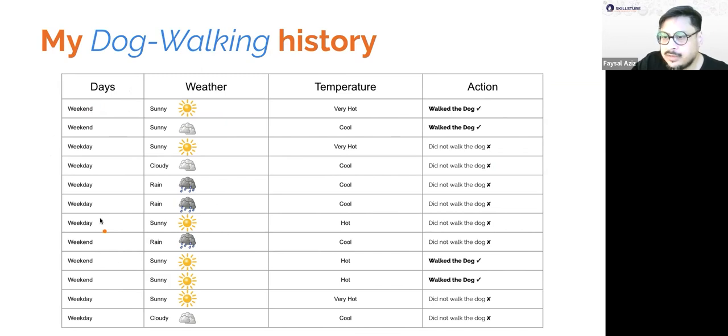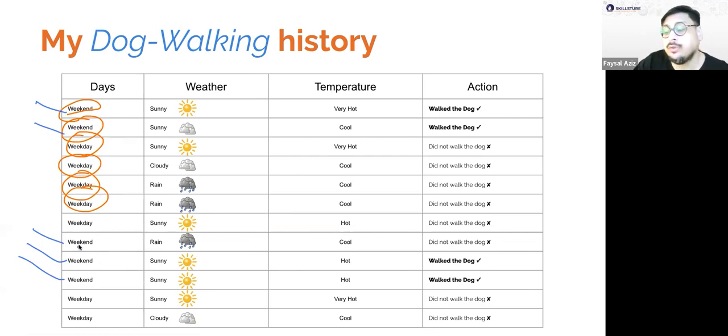He hasn't put Sunday, Monday, Tuesday. He just classified the days as either a weekend or a weekday. So this is a weekend, this is a weekend, this is a weekend, this is a weekend, this is a weekend. So 1, 2, 3, 4, 5. It's a much longer table. I'm just showing you that these are the weekends, and the rest are all weekdays.